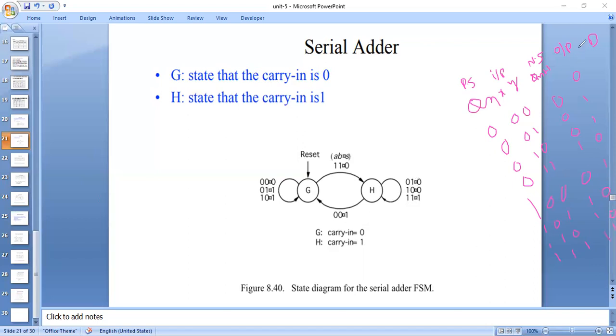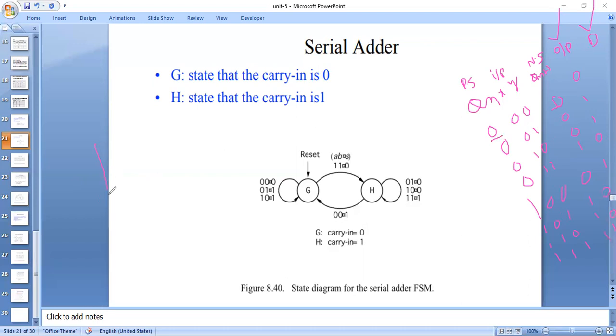Okay, and here the D value from the excitation table of the D flip flop, you have to write the D value. So look at the excitation table, and depending on present state and next state, you have to write the D value. And after that, you have to write the expressions. So what are the expressions you have to write? You have to write the expression for output and you have to write the expression for D flip flop.